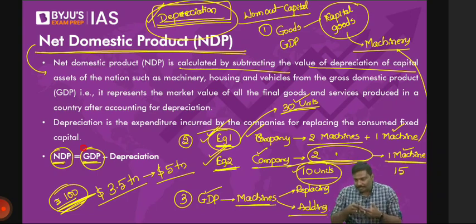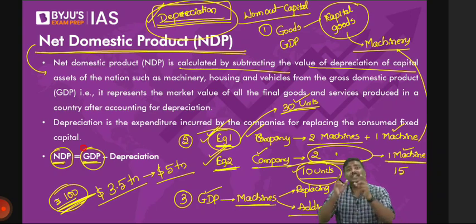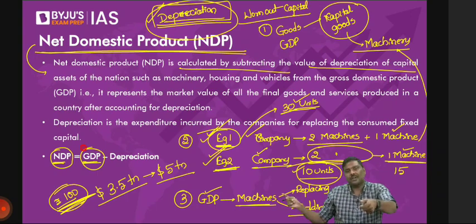I'll put it in a statement. If the gap between the GDP and NDP becomes narrow, narrow meaning smaller, it is good for the economy, they will say. Of course, yes, it is good for the economy, because a lot of the machinery and capital that you have produced is going to be added to production, not used for replacement of earlier capital. That is the basic idea of NDP here.